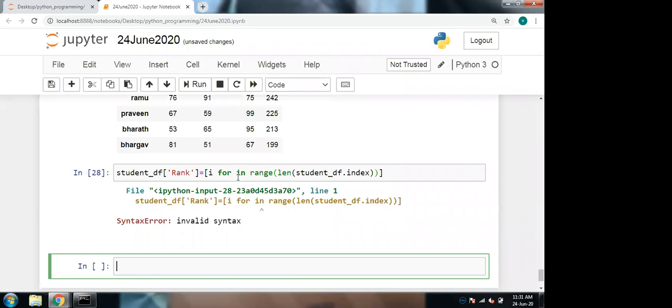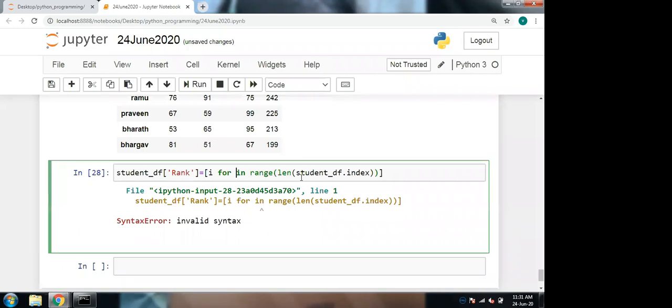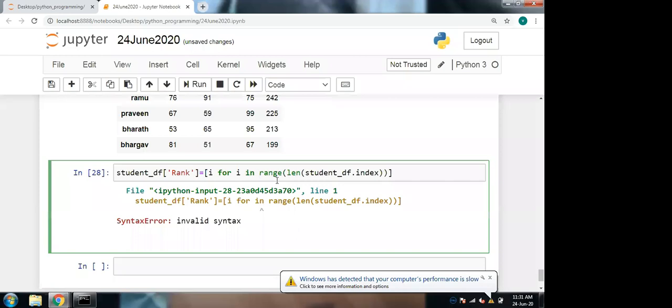Sir, excuse me, sir. Yes, sir. In the list comprehension, you said the variable should be right before the keyword for. Yes, sir. Now you're writing inside the for. Yes, sir. Actually, the for loop syntax is for variable in range of, like that we will write. We are calling that variable on the left side of the for.